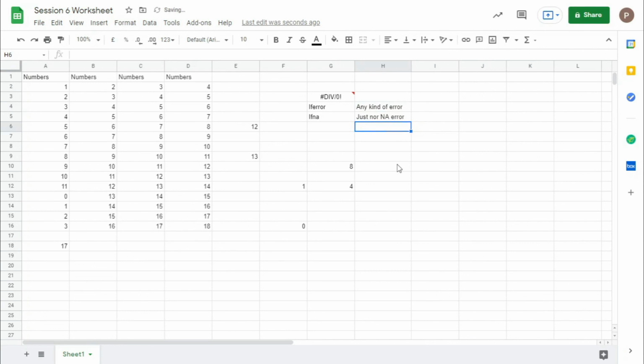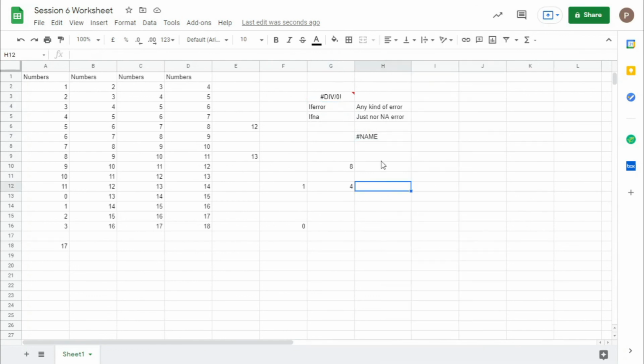and you can remove that error in your data set. But the problem is IFERROR covers every error, so sometimes when you type a formula wrong, or take some wrong reference, then it shows some kind of error, like a hash name error. This is not a fault of your dataset, this is your own fault, you made a mistake somewhere. By checking it, you can change it and this error will be gone. But if you use an IFERROR formula, then it also hides this error and gives whatever the value is set. If it's 0, it gives 0.